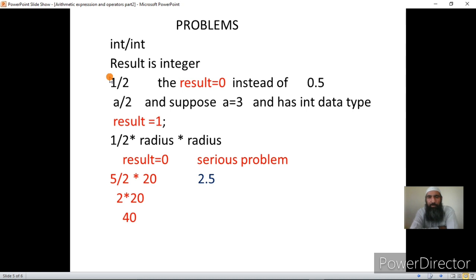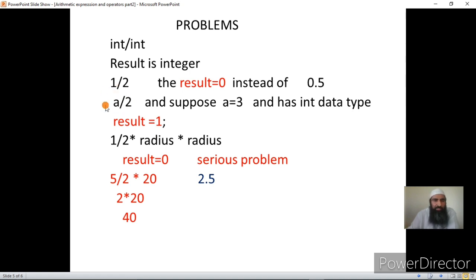Okay. Now suppose we have another thing like a divided by 2, and a has been declared as an integer location. Now the operation can be between two constants, or between a variable and a constant, or between two variables. In all three cases, you have to check the data type of both. The data type of a constant is determined: it is an integer if it does not have a decimal point, and it is a float if it has a decimal point and falls within the range of float. And for the variable you will have to check. Here I assume a has been declared as integer data type.